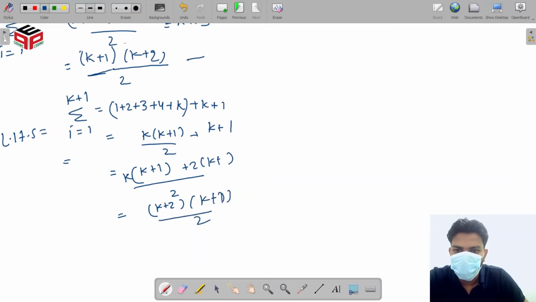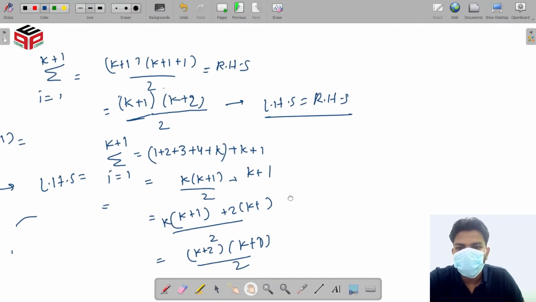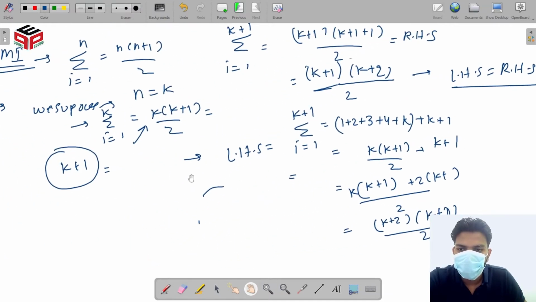So this is true, LHS equals RHS. We proved this formula for k plus 1 using the formula for k.